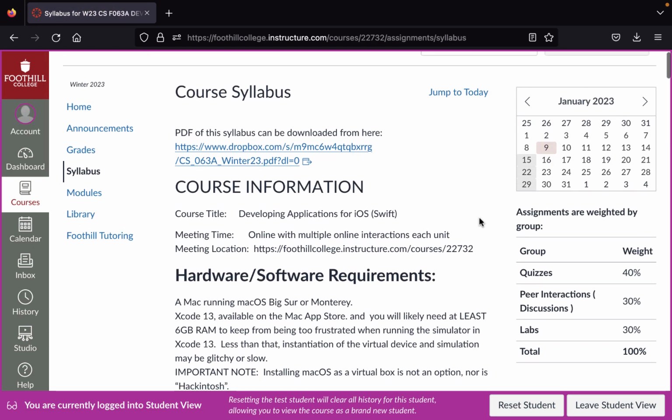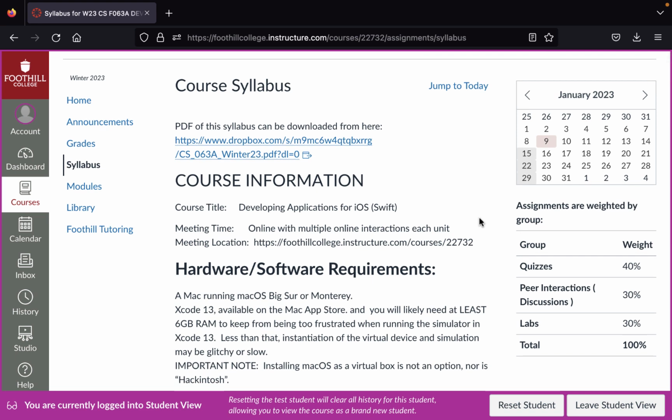Now, in regard to the course itself, there's a couple of things to keep in mind. Number one, it's 100% online and asynchronous. What the asynchronous part means is you can enter in and work on the material anytime you want within those weekly modules. But again, we have strict deadlines of Sunday night, 11:59 p.m. So no late work is accepted in this class, so make sure you hit those deadlines.